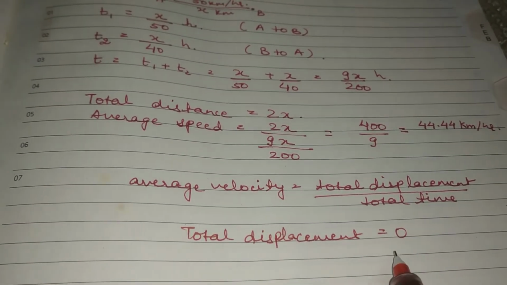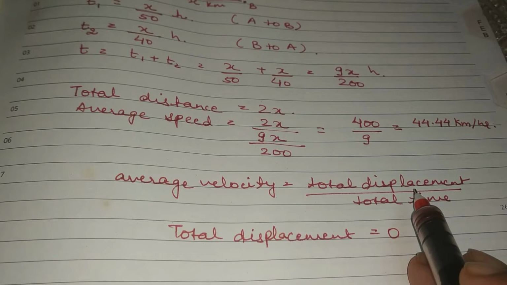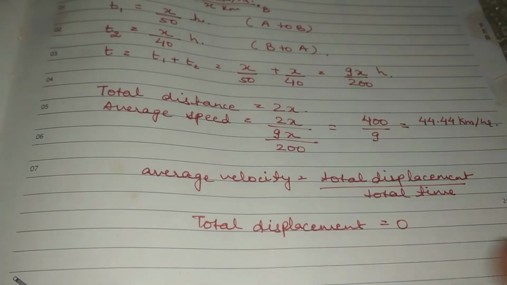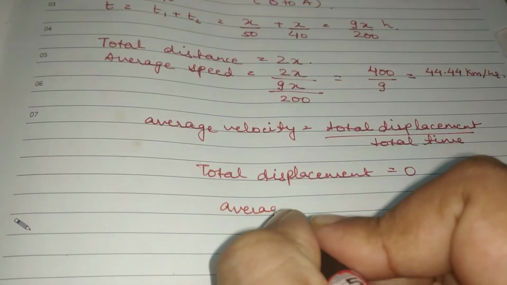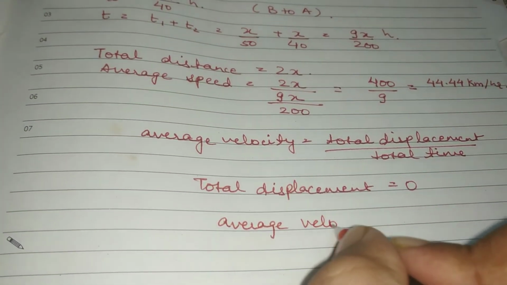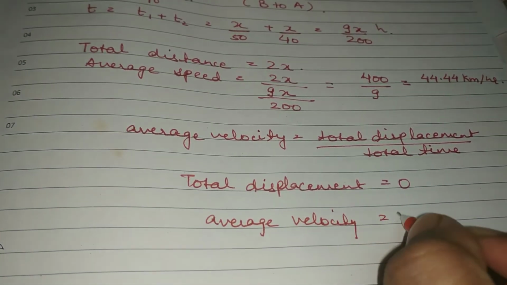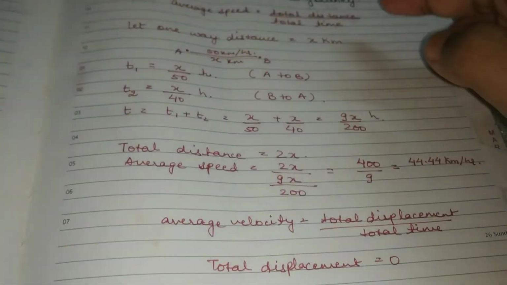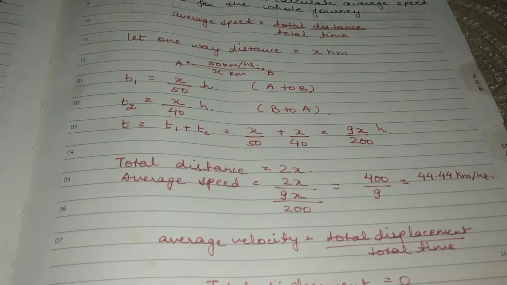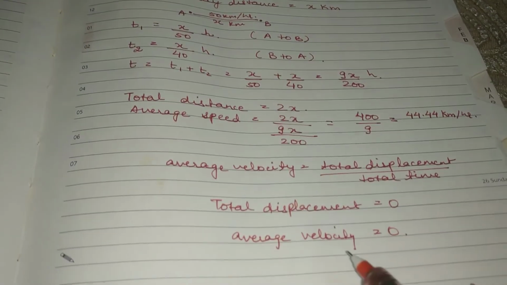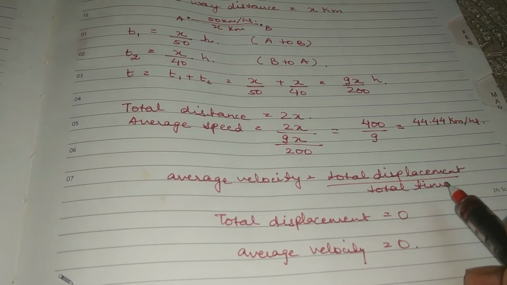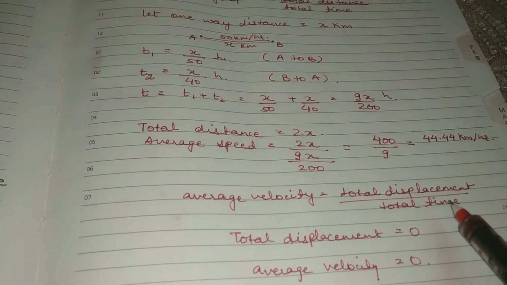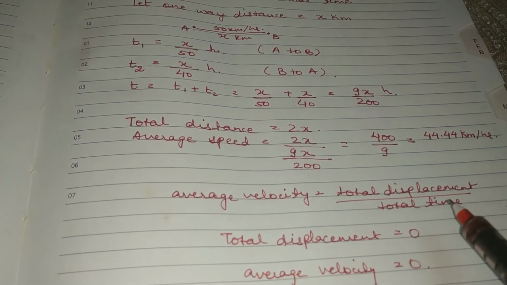So if total displacement is 0 and when you put the value over here, it doesn't matter how much time it has taken, average velocity will always be 0. Right? So this is an example where you have the value of average speed, but you don't get the value of average velocity just because total displacement is 0. Right? After this, we'll move on to the next question, which is based on